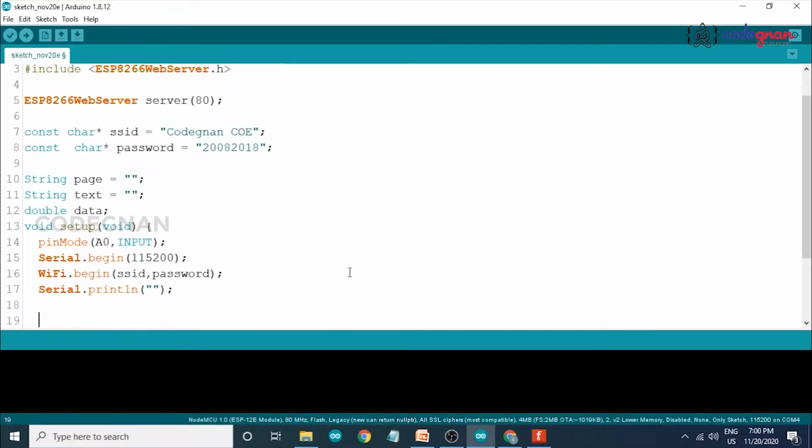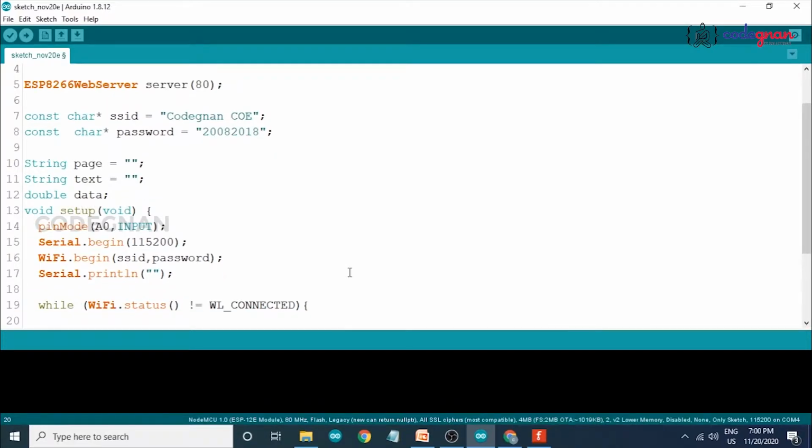If our Wi-Fi is not connected, we have to reconnect to our Wi-Fi. So we also write some commands here by using a while loop. While WiFi.status is not equal to connected.